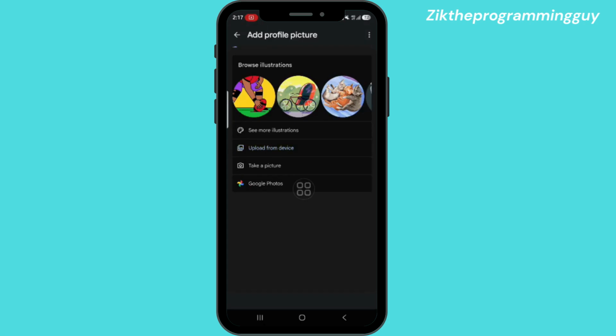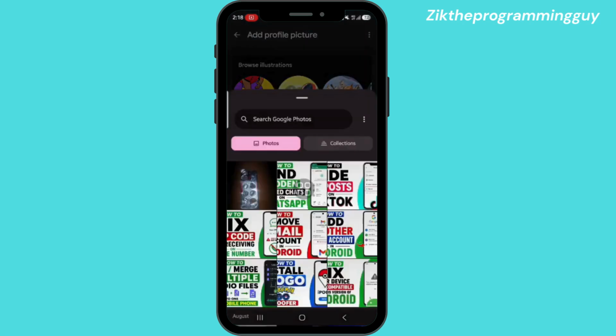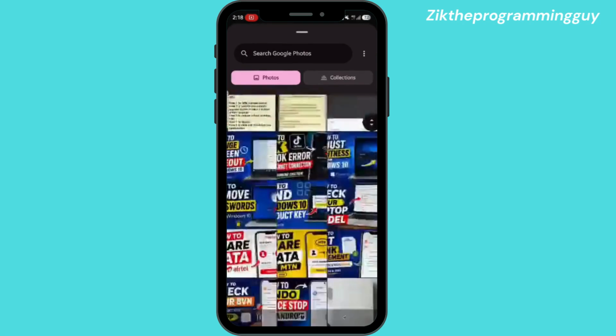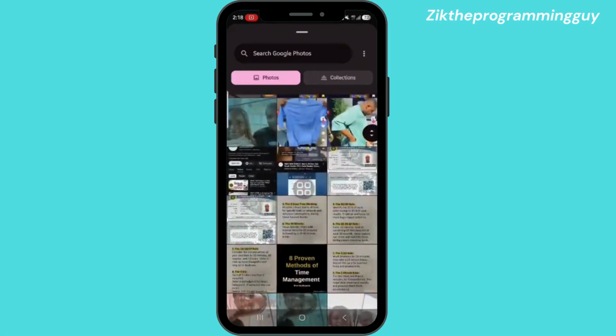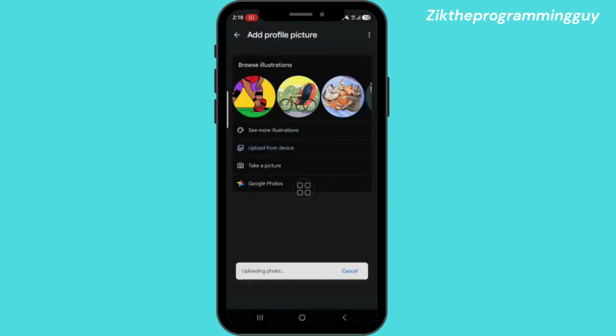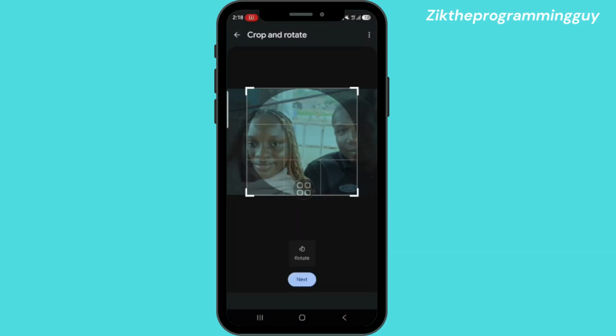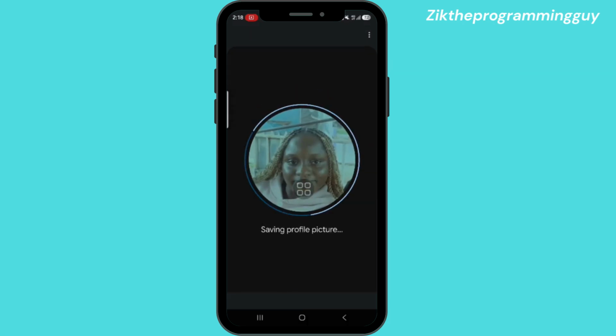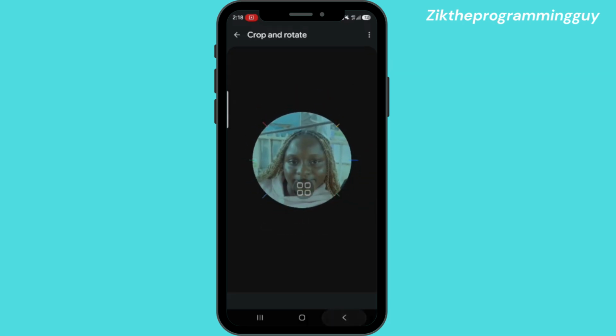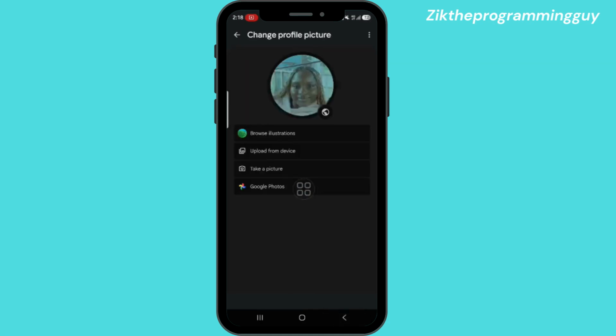So let's wait. Okay, sorry, I'll just use another picture real quick. Okay, just use this. Click on done and it's going to actually process. I'll click on next, set as profile picture, and you can see